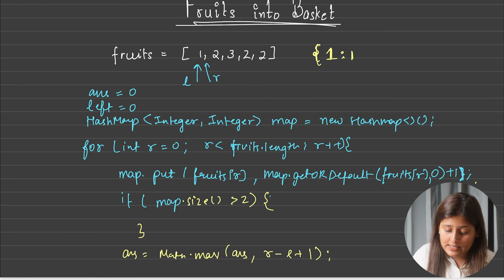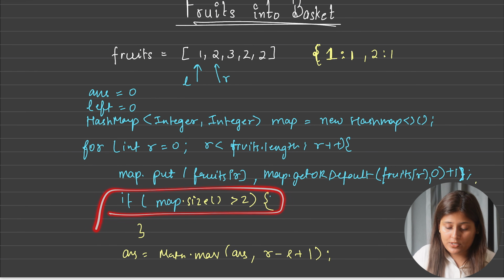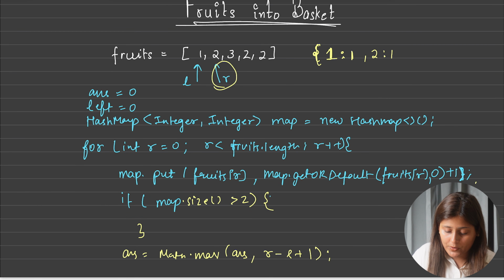Okay, and now we can move our right pointer ahead. So now my right pointer will point to the second index. In the map, the second fruit will also get added with frequency 1. Now we will again check, is the size greater than 2? No, it is not. Again we will do right plus plus. And as of now, what is my maximum answer stored? Can I say 2 till here?